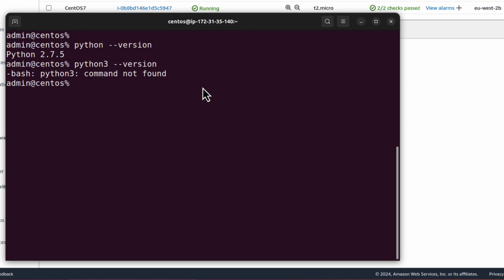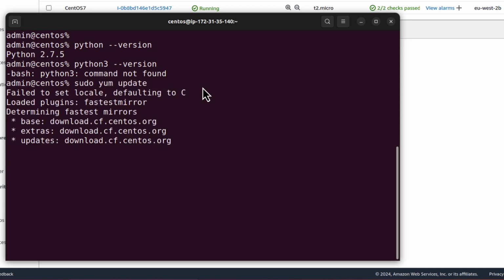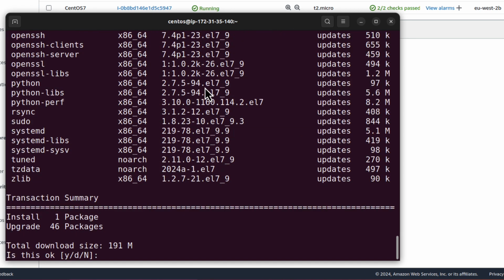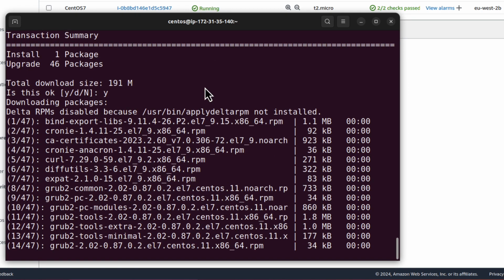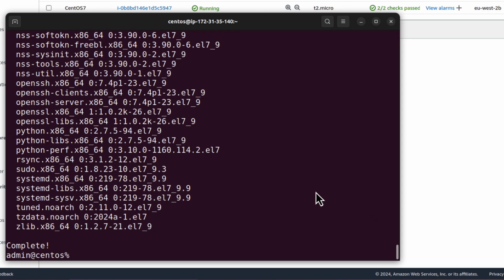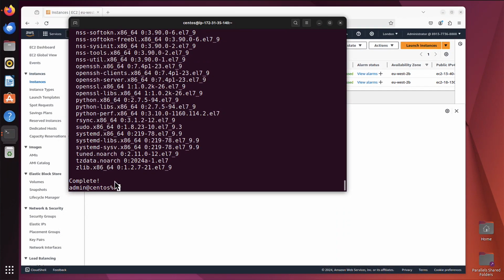It's super easy though, it's just sudo yum update first, just to make sure that our information about packages is up to date. And once that's completed, as you can see it's complete, you can just run sudo yum install python3.